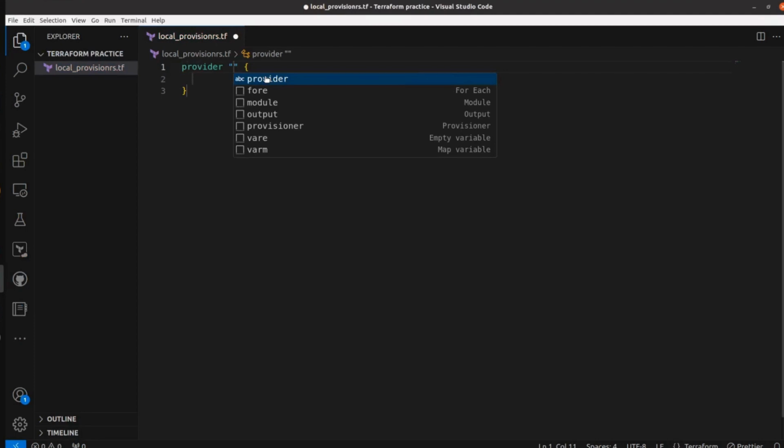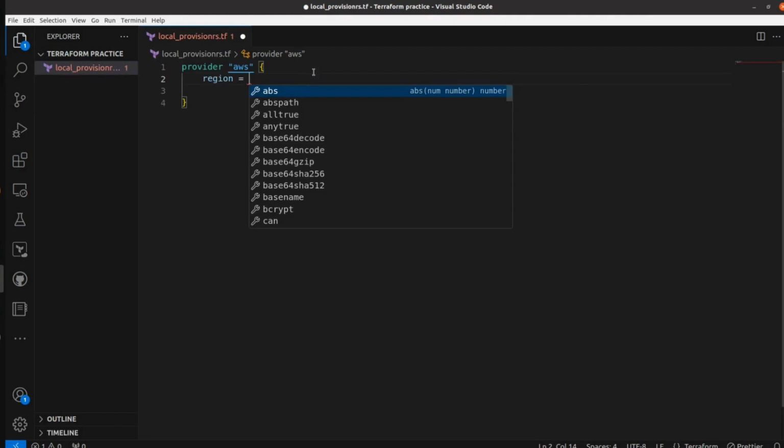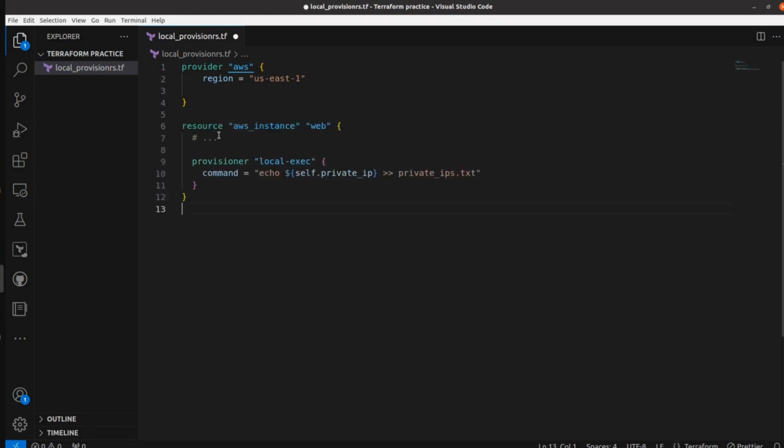The provider will be AWS, and then after that we have to mention the region. The region will be us-east-1, as we are creating our resources in us-east-1. Then whatever code we have just copied, we have to use that.